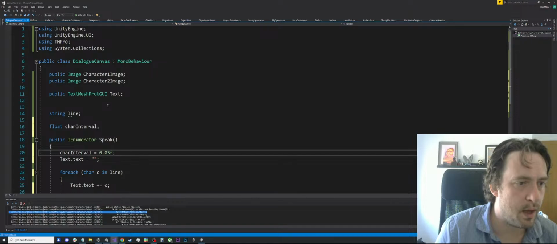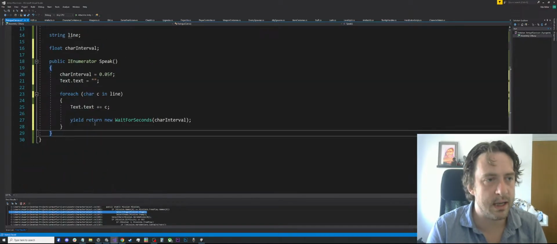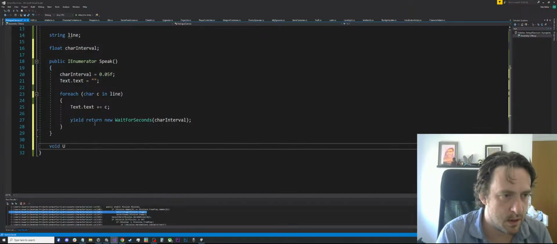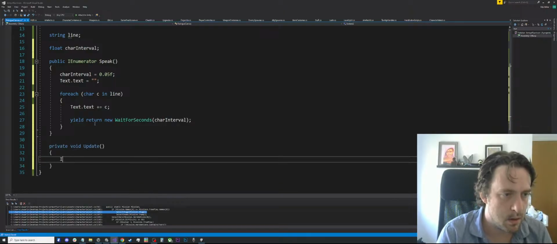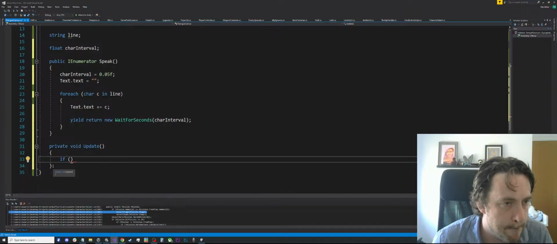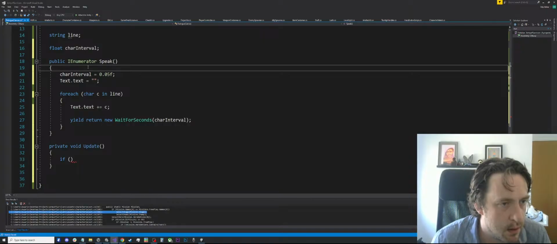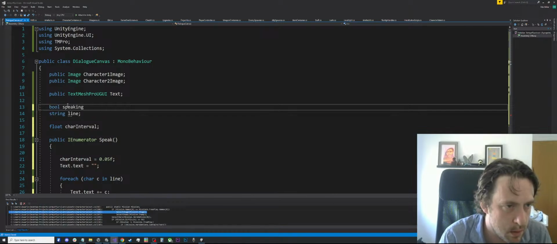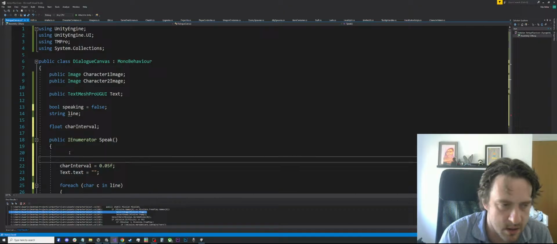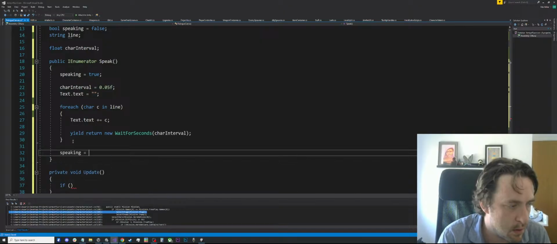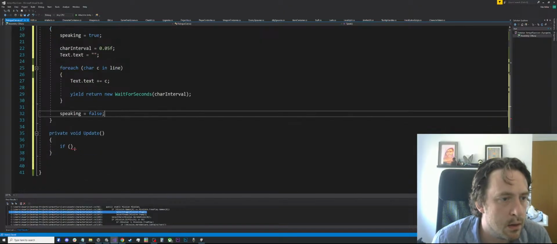But then if we've clicked somewhere, and we're going to need, like, we have read an input, so like void Update, if, and then we're going to want something like, so we're going to have a bool called speaking, and when we start speaking we set this to true, and if we stop speaking we set this to false, and if,